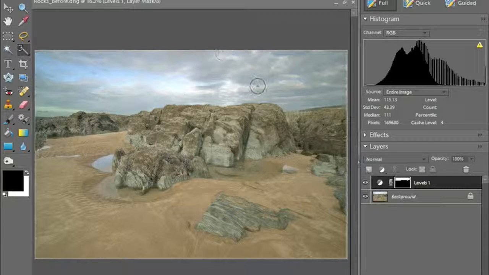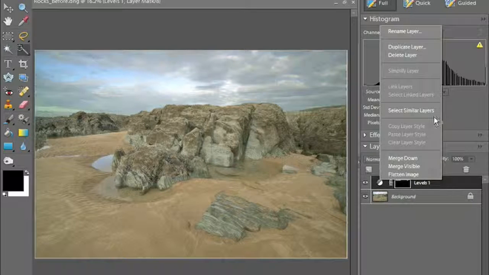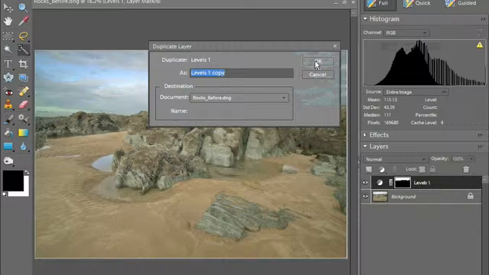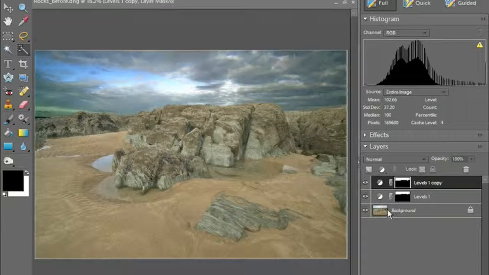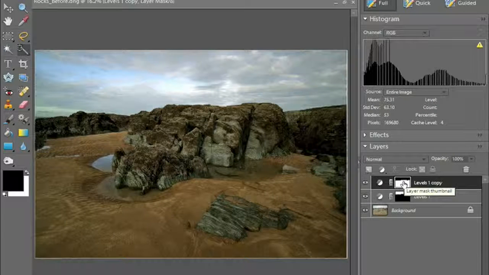Now that I've tackled the sky, I want to do exactly the same sort of thing for the foreground, and rather than making another selection, what I'll do is use the levels layer we've already created. So if I right click that layer, select duplicate layer, and then just OK. What that's done is applied the same levels adjustment again to the sky, but if I click into the layer mask of that levels layer and then just go Control I, that'll invert the effect of those levels adjustments onto